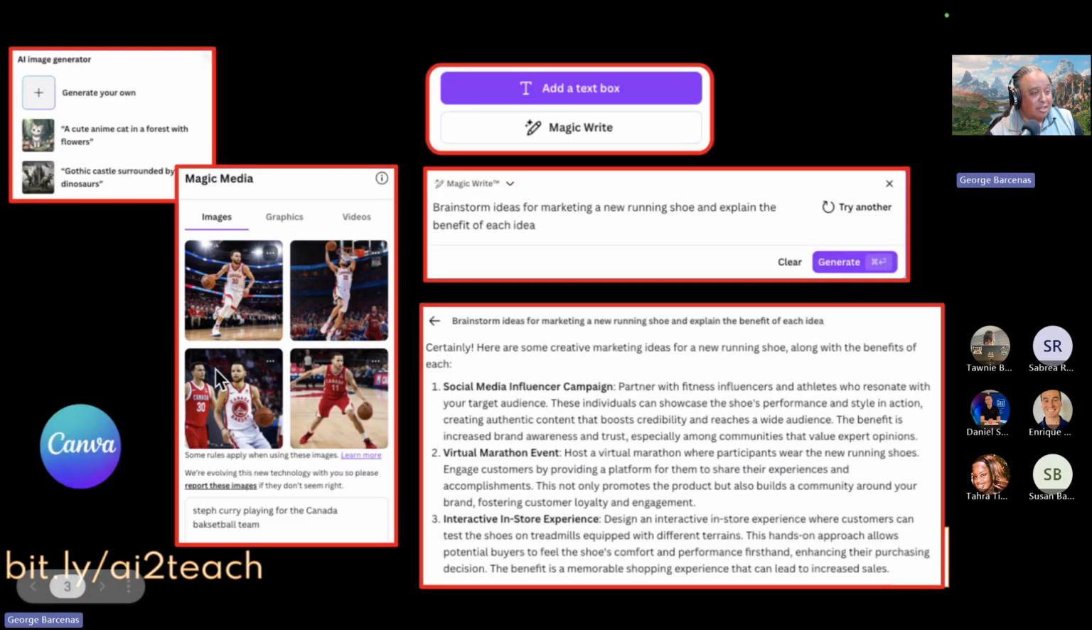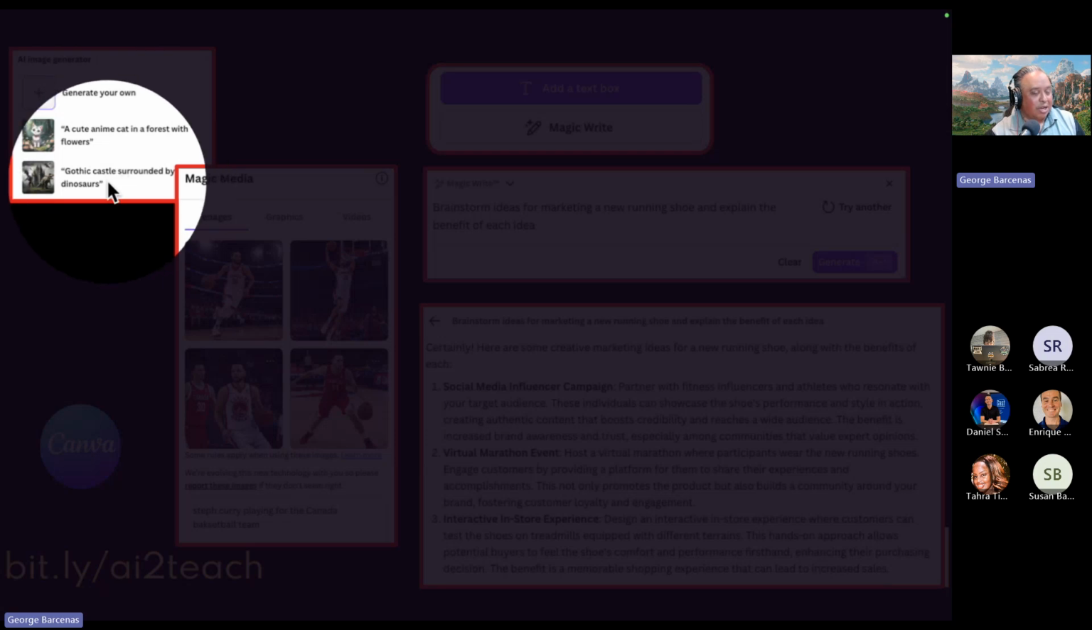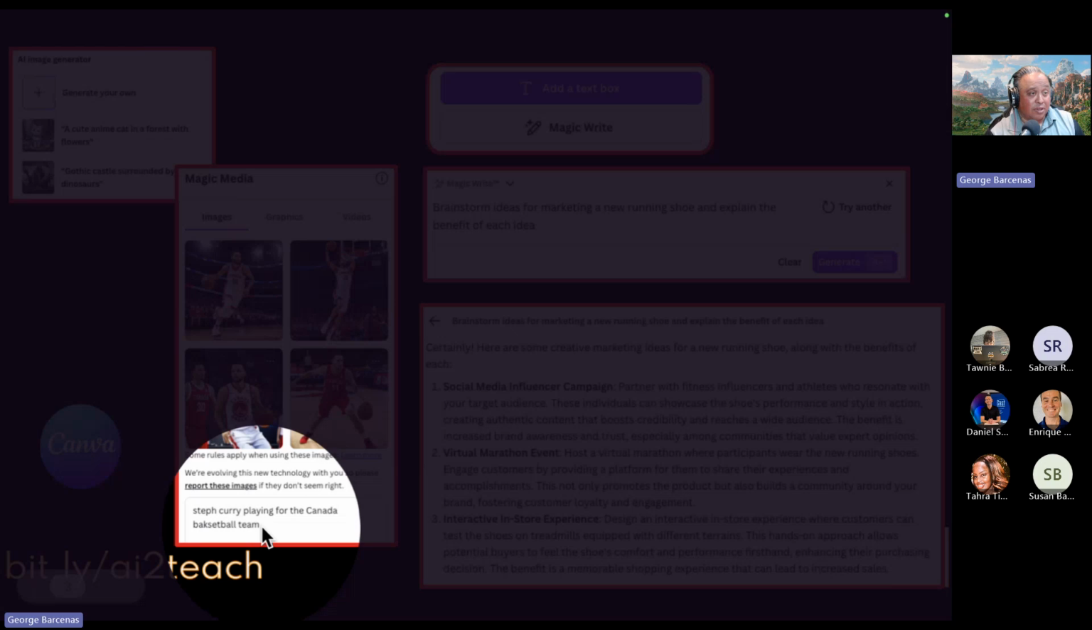So this is Magic Media. This is where a lot of people, when they look at AI, see examples over here. Someone did an example of a cute anime cat in a forest with flowers, a gothic castle surrounded by dinosaurs, things like that. Or if you're looking for a very specific example of what you want, we have a coworker